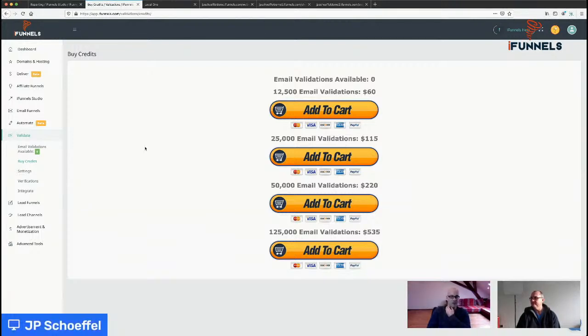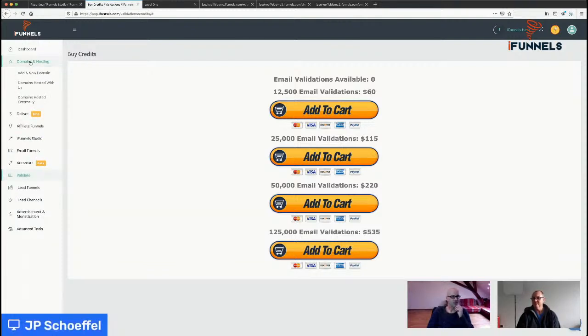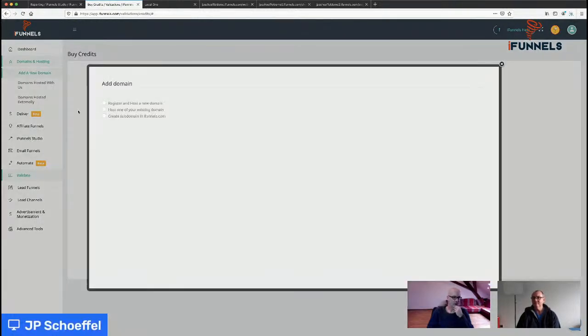Okay, so now I can go through. Maybe I will just revisit the domain and hosting. So as I said, when you want to add your subdomain, you just go to the create subdomain, so what we covered at the beginning. Now the second option you have is to import your own custom domain. So what you will do, it means you have already registered a domain name. So let's say you called it your great domain name,